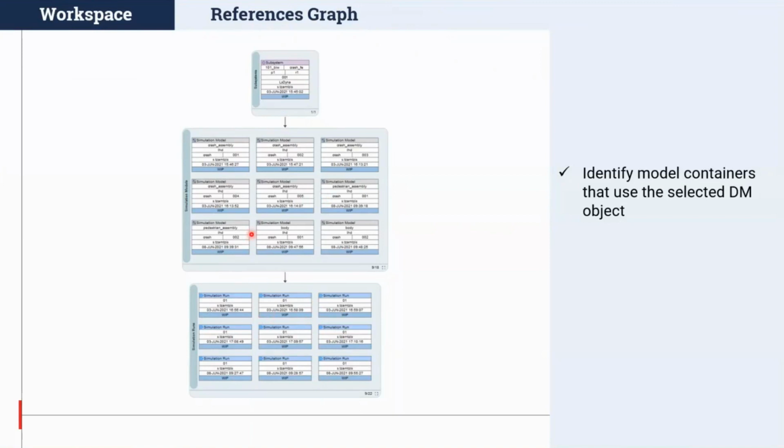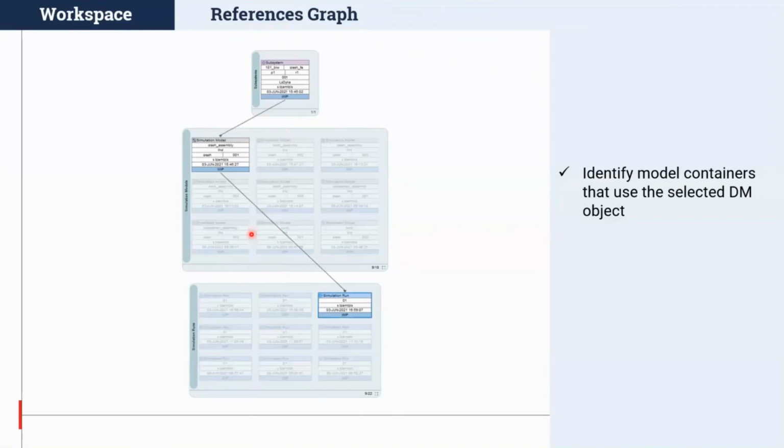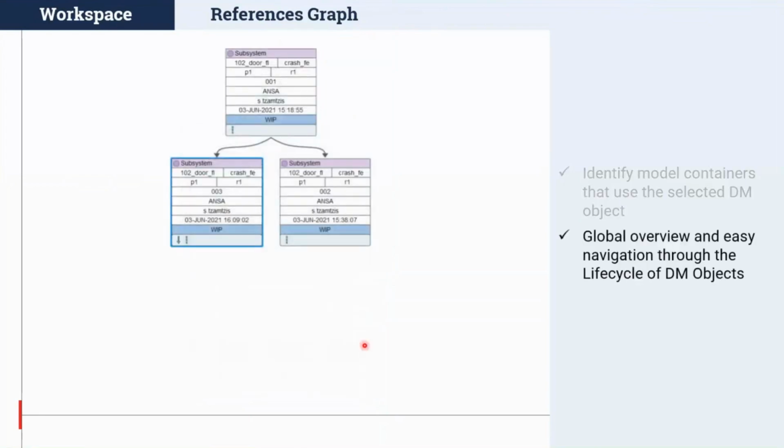In addition, we now have two functionalities available in the reference graph. The first is the where-used graph and the entity selected. When you select a where-used graph, users can select a particular simulation model and it will automatically highlight the simulation runs that are affected by that simulation model. This allows users to quickly identify, if somebody makes a change at the subsystem level, the simulation models and simulation runs that are affected, and resubmit all of those.